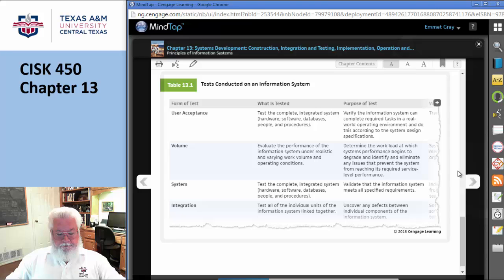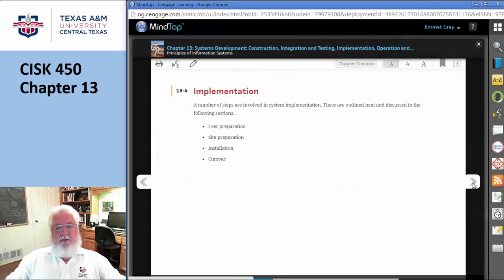Alrighty. So we're actually ready for the next phase. The next phase is, okay, I've kind of built the thing, and I've kind of done the integration and testing piece, and now it's time to actually put it into use. Well, the first thing I've got to do is get my users ready. So let's talk about the